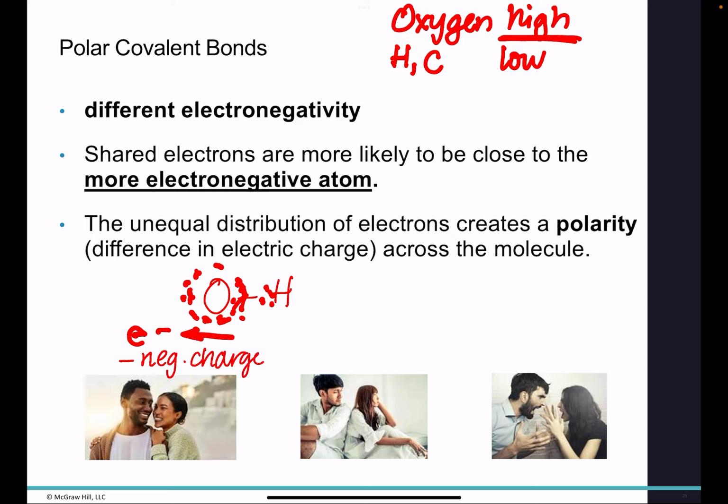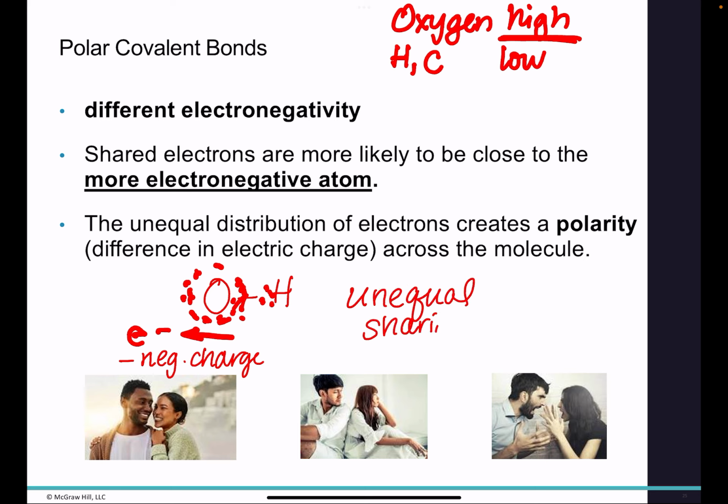Now, keep in mind that these atoms are sharing their electron. So the electron is not being pulled all the way away from that hydrogen. It's still attracted to that hydrogen. It's still spending some time around that hydrogen, but it's spending more time around the oxygen, creating essentially a cloud of negativity around that oxygen. And so what that means is you are going to have a molecule that basically has sort of an artificial charge. The whole molecule itself is not charged, but you're going to get regions of higher and lower charge in your particular molecule. So a polar covalent bond is an unequal